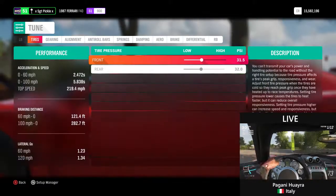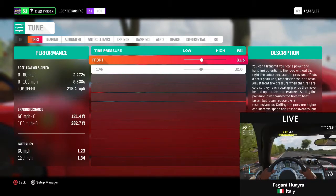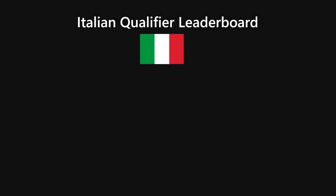but 1.23 and 1.34 for lateral Gs. Quite strong handling there indeed, so the F40, especially for a car from the 1980s, is looking real strong going into qualifying. Alright, now that we have all the lap times in, we can reveal the final times for the